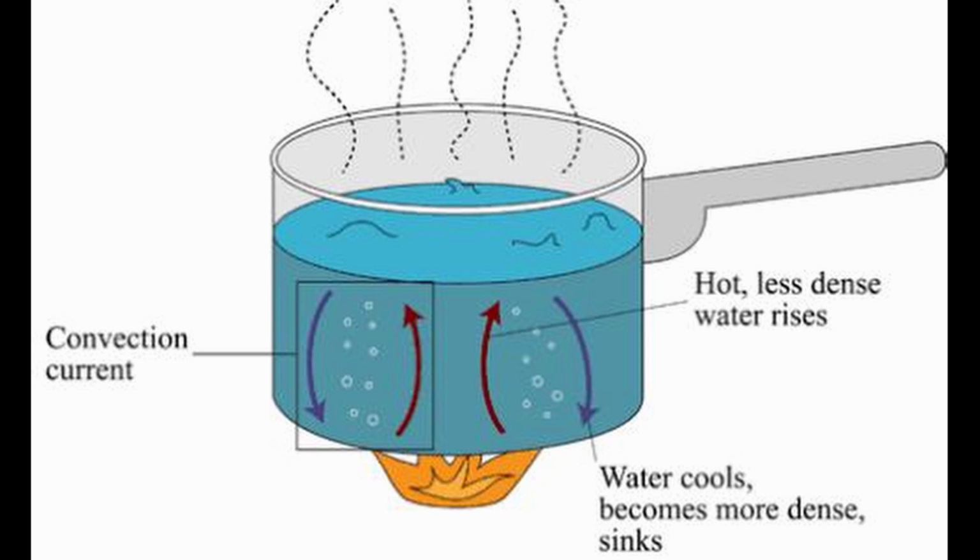And because water is transparent, we cannot see the movement of the molecules of water, that warm water is moving up and cold water is moving down. But if we put a few crystals of potassium permanganate in water, when the water gets warmed up at the bottom, you will see streaks of pinkish purple colored water moving up and the colorless water moving down.